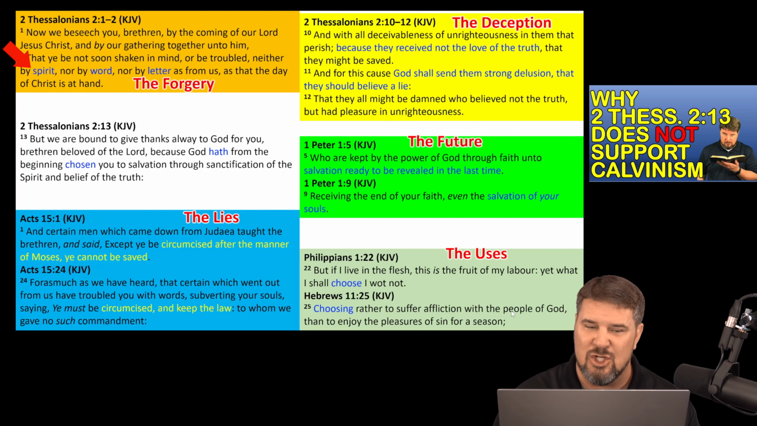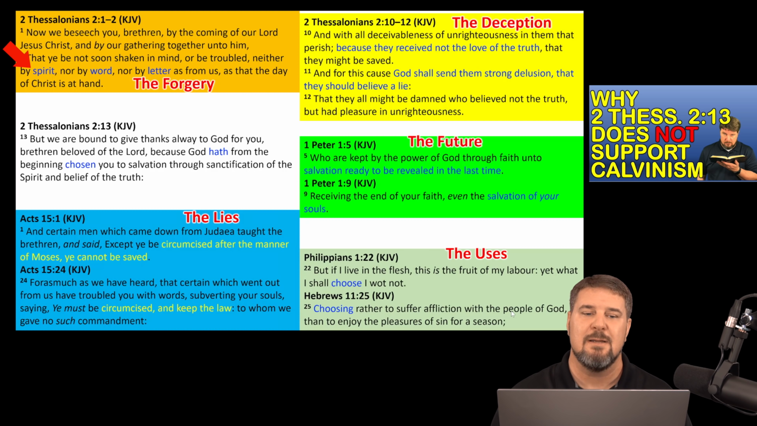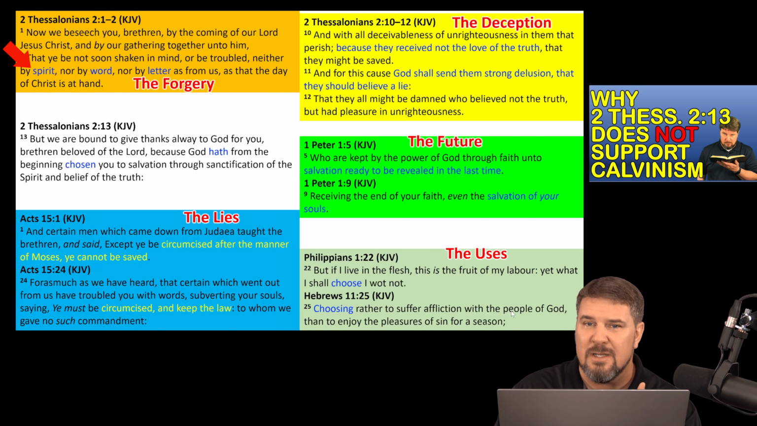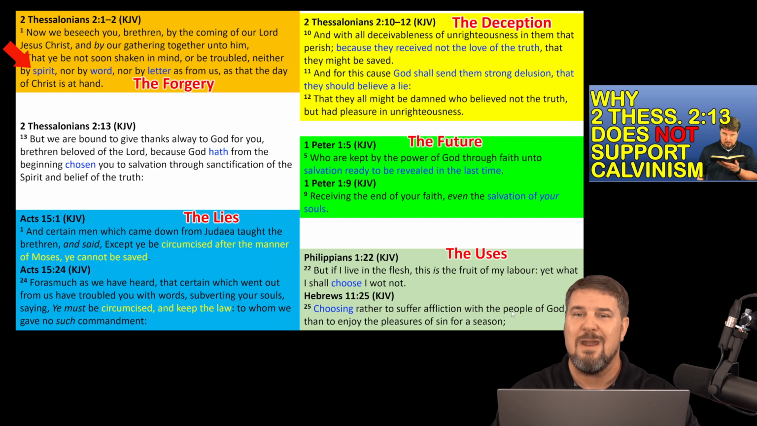Earlier in the chapter, 2 Thessalonians chapter 2, there is the warning of the forgery. I beseech you, brethren, by the coming of our Lord Jesus Christ and by our gathering together unto him, that ye be not soon shaken in mind or troubled, neither by spirit, nor by word, nor by letter, as from us, that day of Christ is at hand. So there are 3 things that could forge a false message: a bad spirit, a bad word, or a bad letter